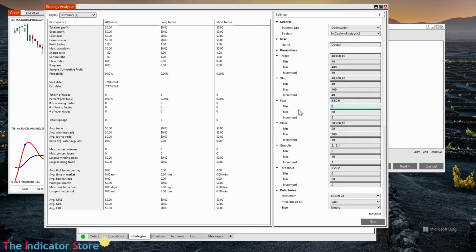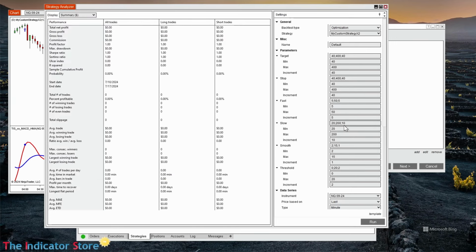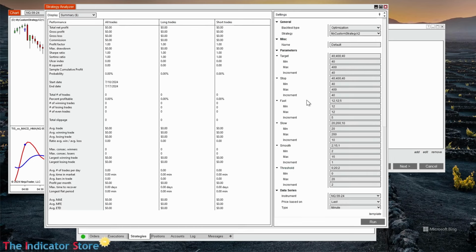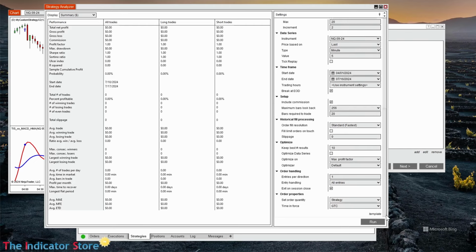For example, the fast. Let's leave the fast fixed to the default 12. Okay, not testing the fast, and we test everything else. Now the total number of combinations is almost 300,000. For that, 1% of that is 3,000. So on the genetic method, we will need more or less 3,000 backtests,